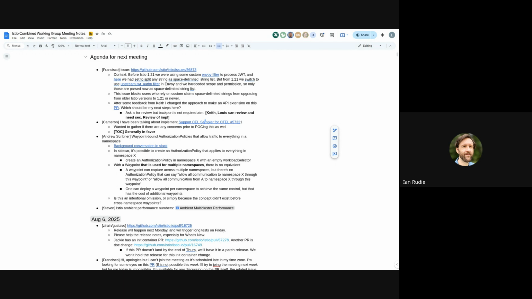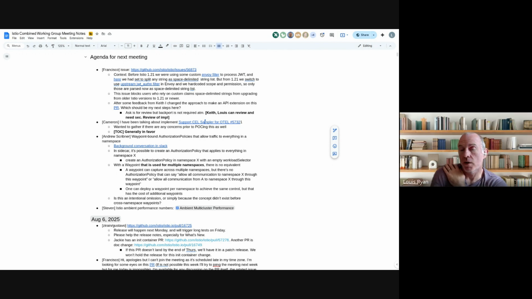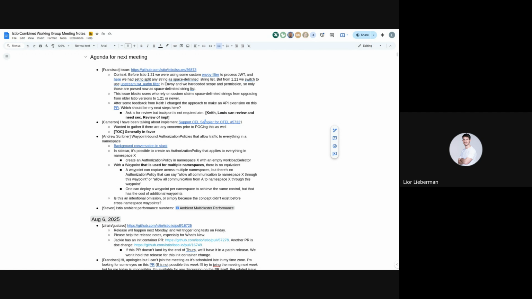Sorry, Leora, I cut you off. Yeah, no worries. I mean, wouldn't target ref namespace be weird if it's a namespace? It's a namespaced policy, right? We're talking about target ref namespace for authorization policy. So it's weird, because you wouldn't want to target a namespace that's not your own namespace. No, it would have to be your namespace, so the policy would have to repeat it.